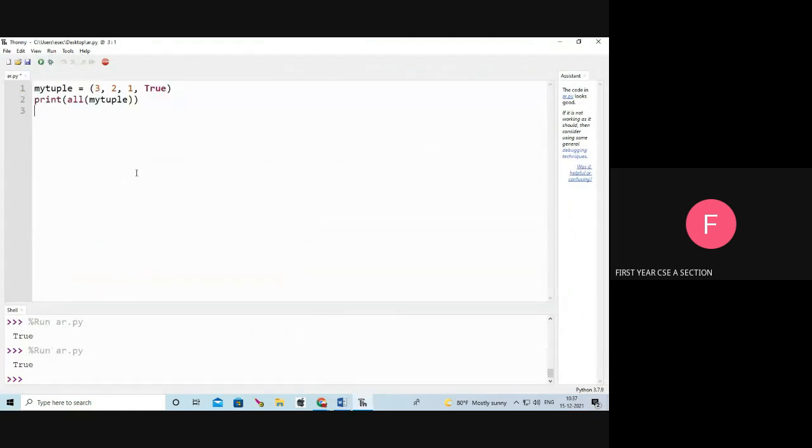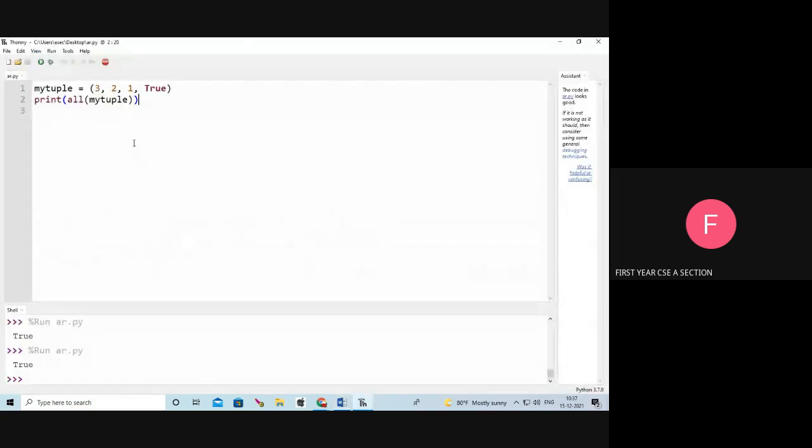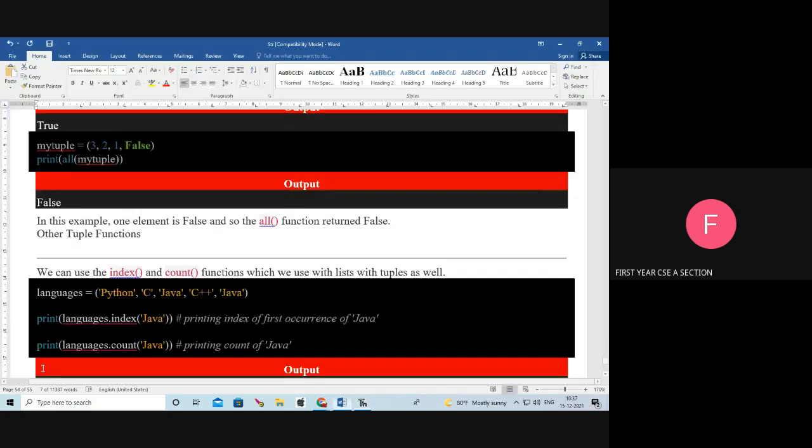The all function will check whether all the elements in the tuple are non-zero or true. 3 is non-zero, 2 is non-zero, 1 is non-zero, true is there, so it returns true. Next, here 3 is non-zero, 2 is non-zero, 1 is non-zero, but false is there, so the all function returns false. See the output, false.